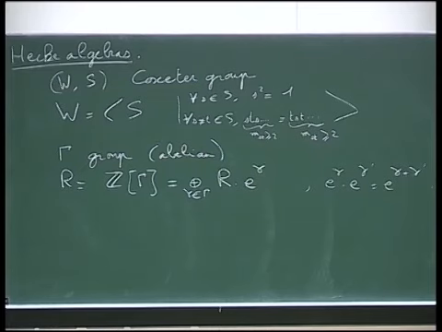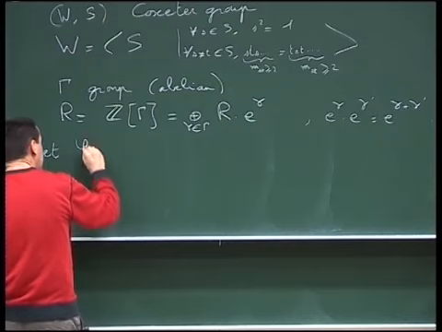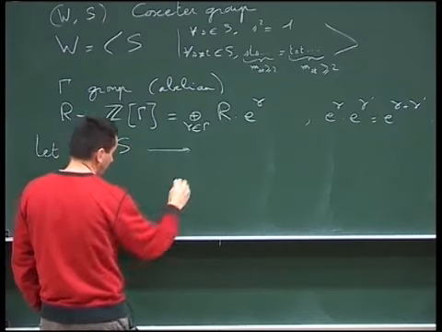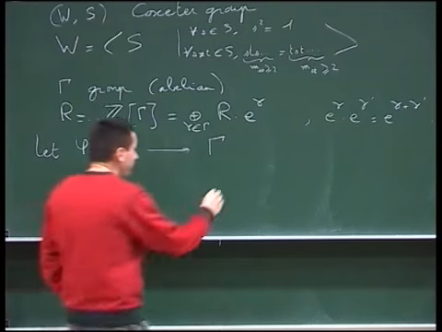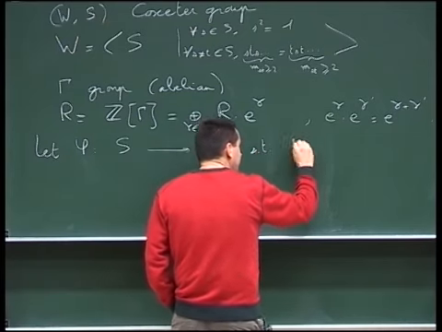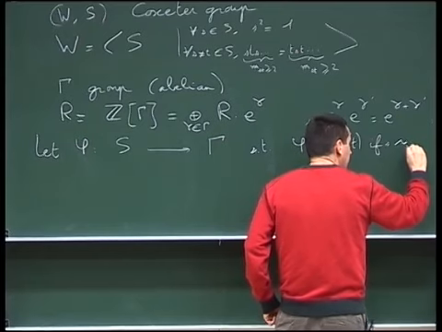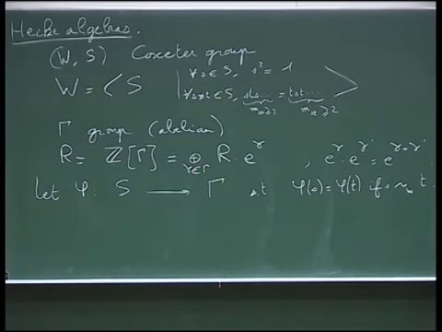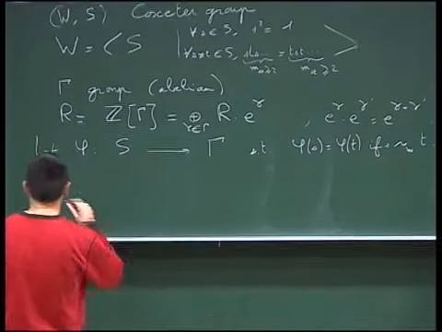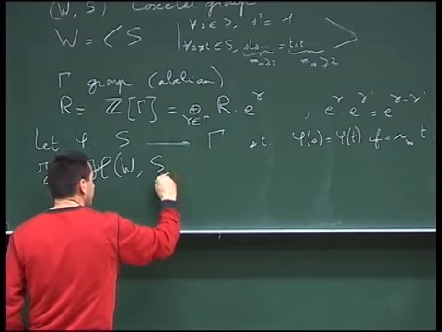And the last ingredient to construct the Hecke algebra is a map that goes from S to gamma, denoted by phi, satisfying that phi of S is equal to phi of T if S and T are conjugate in W. And once we have this setup, we can define the Hecke algebra H, which is H of W, S, and the map phi,